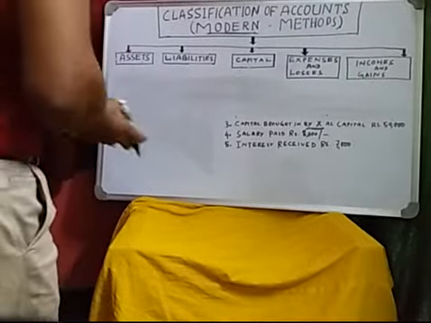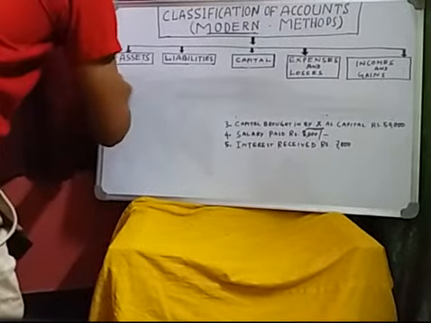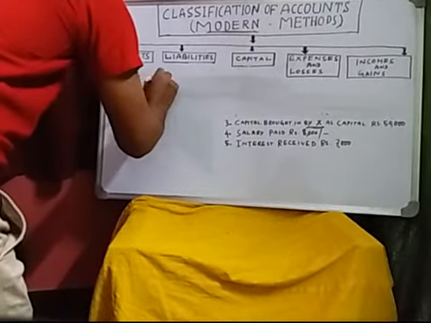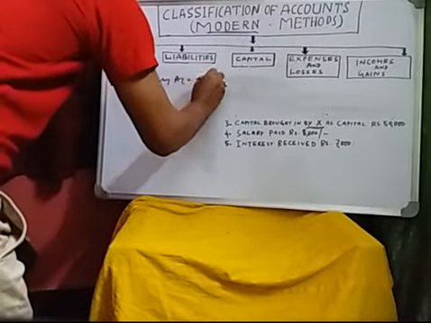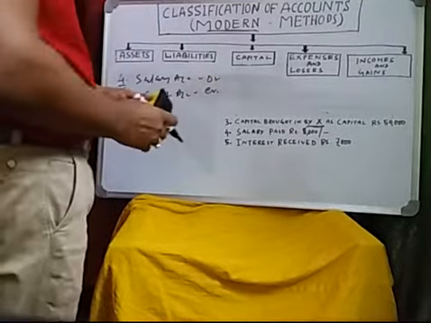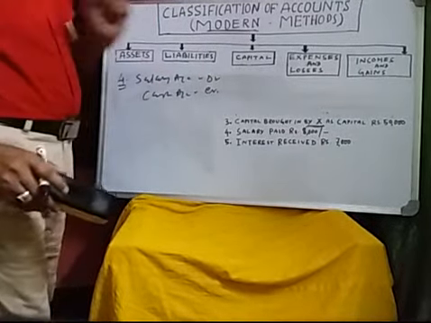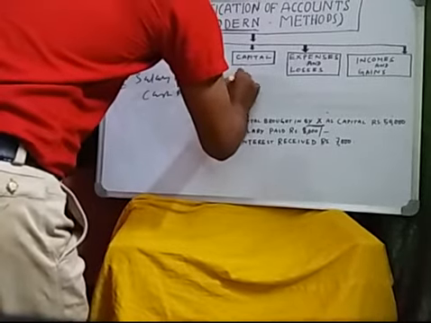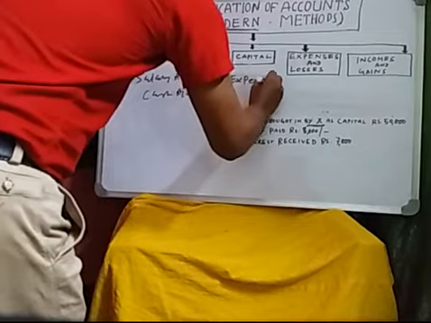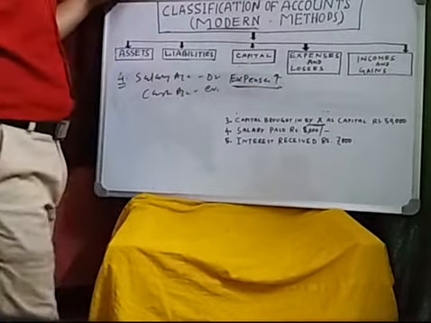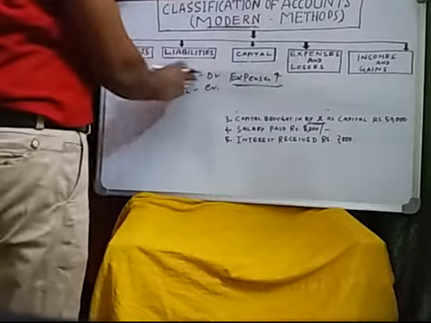Now is the question number 4. So question number 4 is salary paid. So we know that salary account debit and cash account is credit. So my question is why salary account debit, cash account credit? Why salary account debit? Because salary is an expense. But we know that when expenses increase, this is debit. So for this logic, salary is debit.